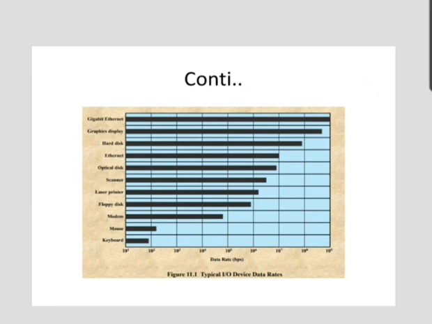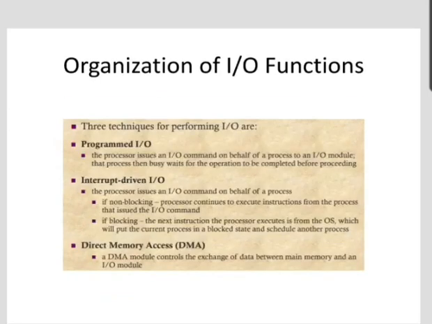So the input output devices can be put into two categories: the block devices and the character devices. A block device stores the information in fixed size blocks. Each block has a unique address. The basic unit of read write in a block device is a block. Each block can be accessed independently. The disk is a block addressable device. Any block can be accessed in a disk irrespective of the current position of the read write head. Similarly, a tape or a CD is a block device.